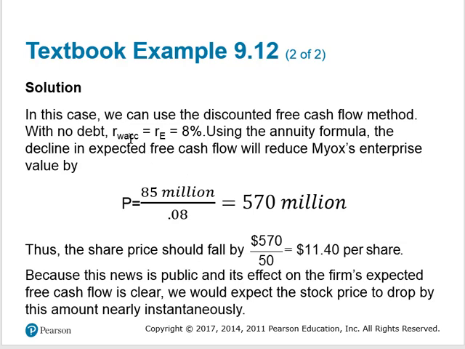We know that the value of the company, $85 million is what the decrease is going to be. Cost of capital is 8%. So $570 million is the decrease in value of the company. If you plug this into the stock price, the valuation model, $570 divided by the 50, with the 50 coming from 50 million shares, the stock price would roughly fall around